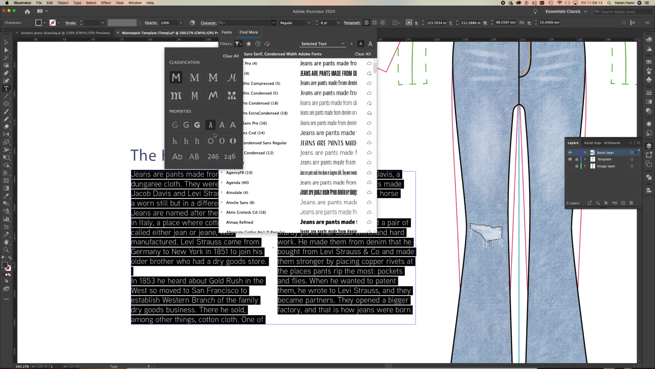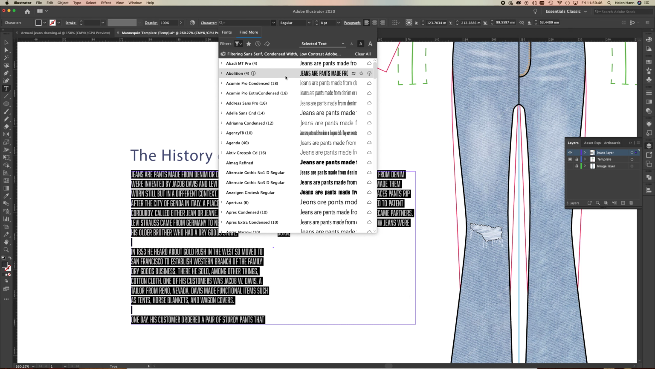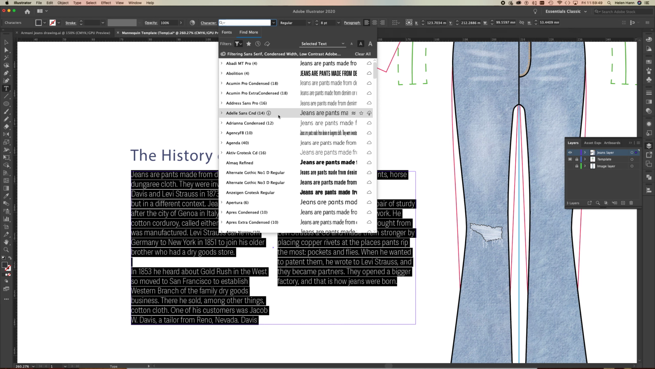If I click on my condensed things, you can see it's only showing sans serif typefaces that are a condensed width. So we can see here we've got this typeface which has got a lot of contrast between the thicks and thins, if you like. But if I choose low contrast, they'll disappear. So I've now only got these kind of typefaces. So now I can make my selection. So I might want to go for